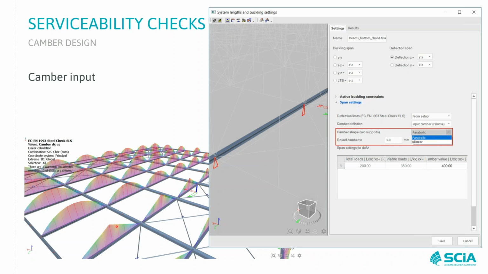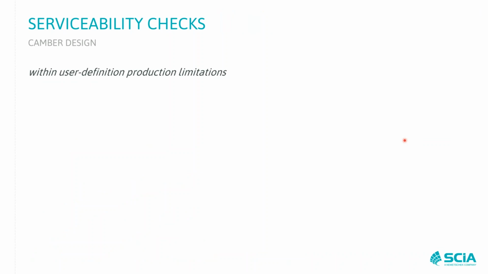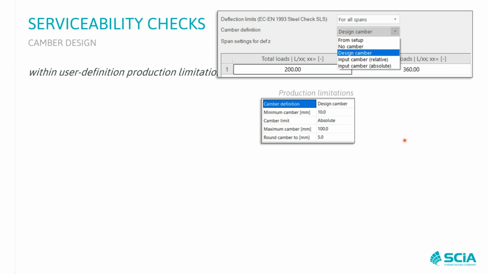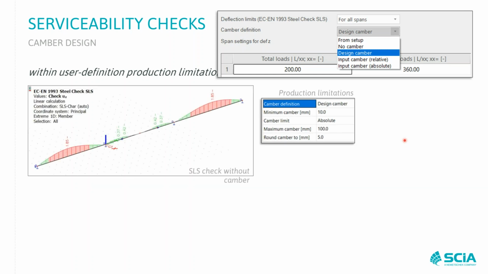So it's also possible to use for the camber this triangular shape, where in the system length and buckling settings you can switch from parabolic to bilinear and then set the value of the camber. What's also been added in 19.1 is the ability to design the camber, so that